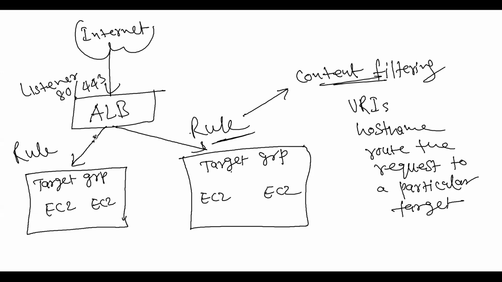Okay. Yeah. So this is a feature which may be useful for application, right? So that's why the name is application LB, ALB, right? So what happens, you can do content filtering here, you can put some rule, regulation, right? And another benefit is it can do fixed port mapping.